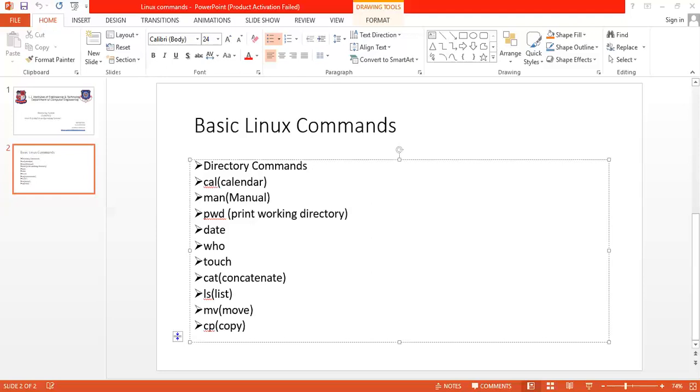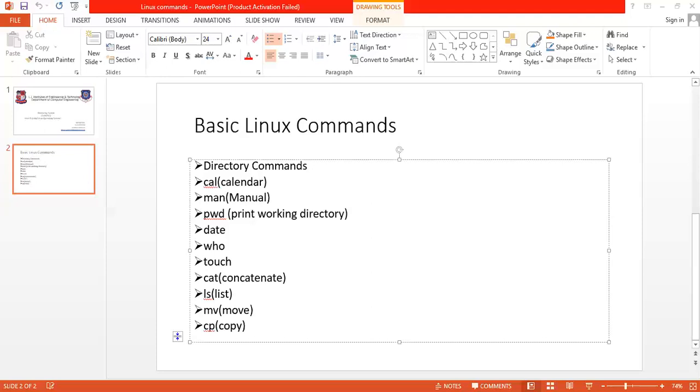This is not a less than sign. Through this we can display the content of an existing file. The existing file we have is file1. Once you press enter, it will show the content of file1 that we created earlier.